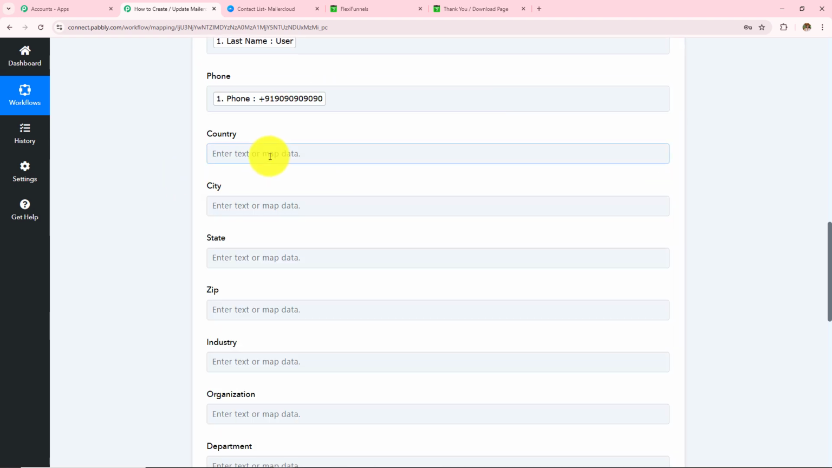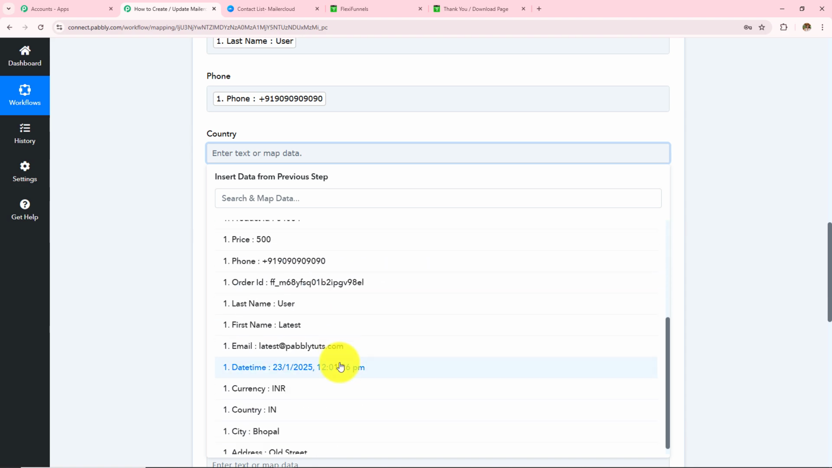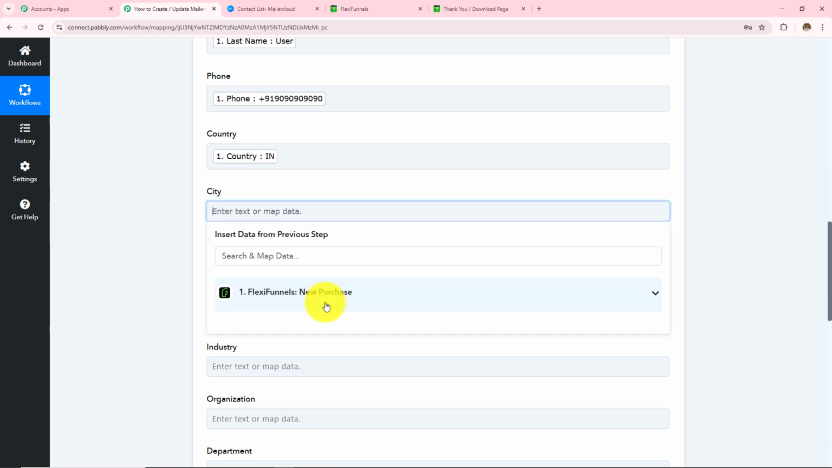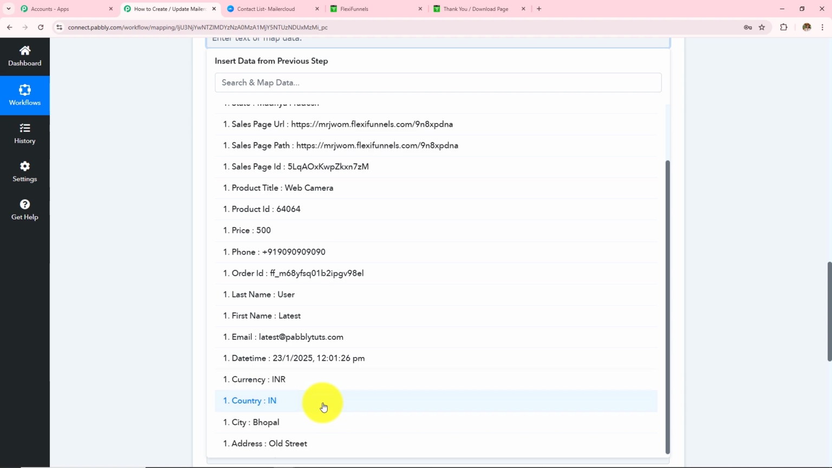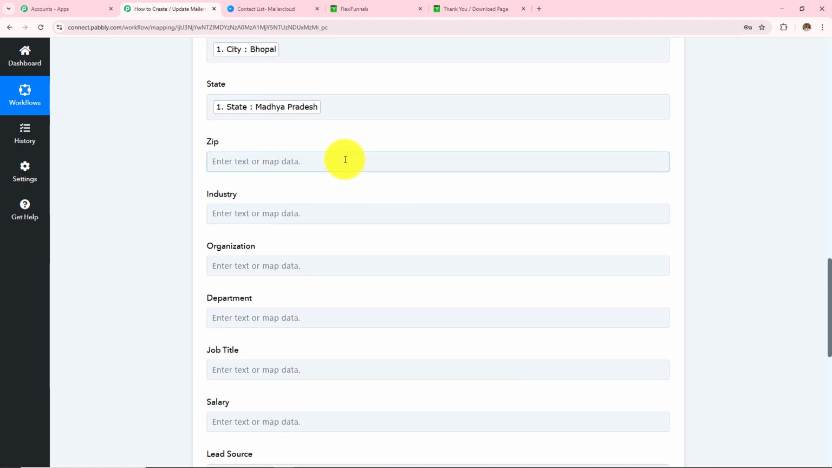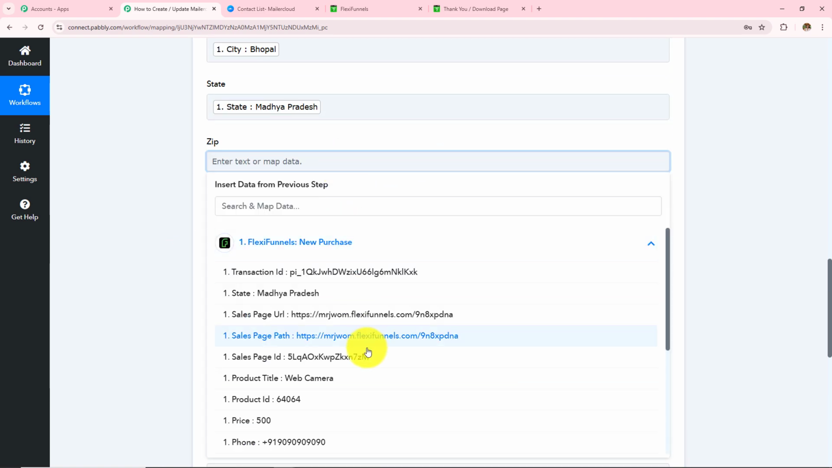The phone number was this. And then I've received the response for the country. So the country is India and the city is Bhopal. My state is Madhya Pradesh, and then I have not received the response for the zip, so I am going